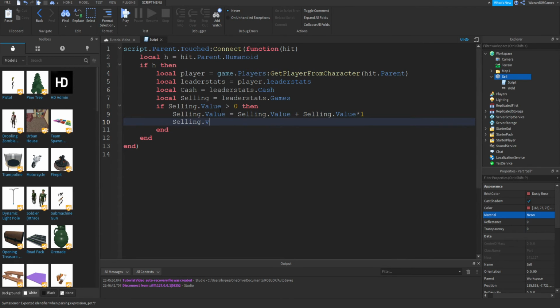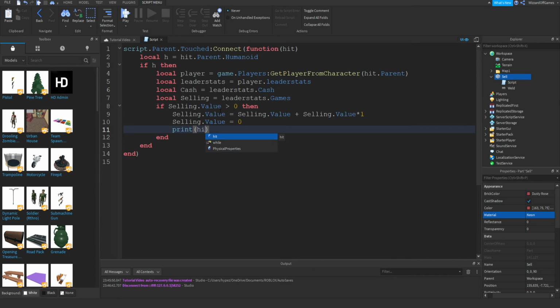Then selling dot value is equal to 0. And yeah, that's the whole script done. Actually no, we could actually just say print hits dot name has